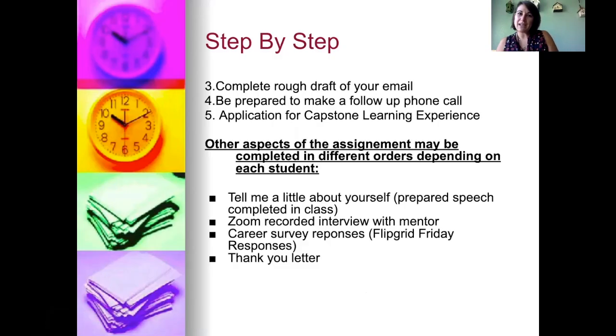So as we move into next week, there are some other things that we're going to focus on. And so steps 3, 4, and 5 are my next week's goals, but I want to tell you about them now in case you're already nervous about reaching out to somebody. I want to tell you what's coming your way. We're going to be completing rough drafts of your email, the email that you're going to send to your mentor. Now, of course, I gave those of you who are in person, I gave you examples of an email in